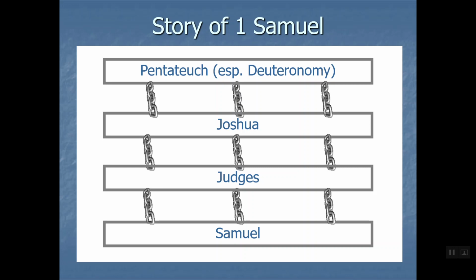Similarly, we'll see there are serious and significant connections between Judges and Samuel. We're going to see those here in just a second, how they tell the story. Did one person author those, and they were just split because of the length of the books? Maybe. Or did multiple people author them, but they just tell one consistent story? The reason I tend towards the latter is because you think about Genesis and Revelation. I know when you teach Revelation, you talk about the connections between the last two chapters of Revelation and the first two chapters of Genesis. Well, that wasn't the same author there, to be sure, and yet you see these connections.